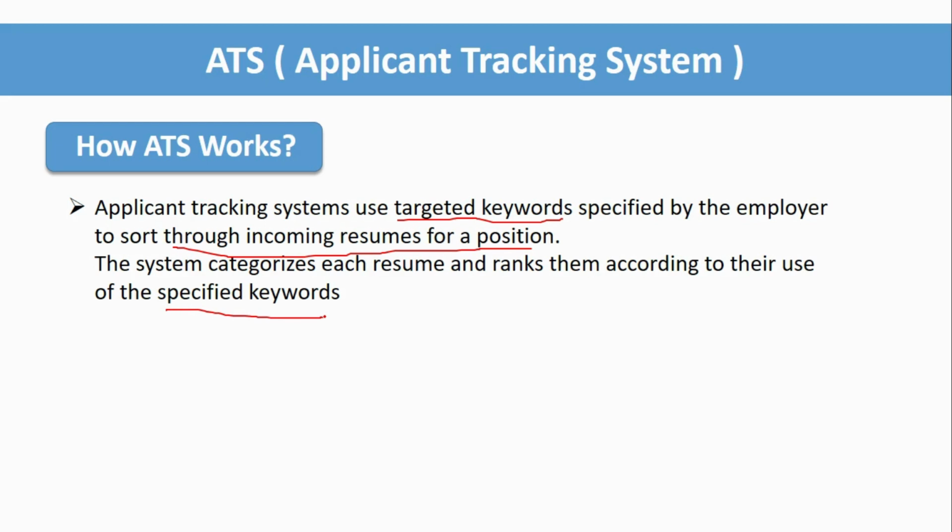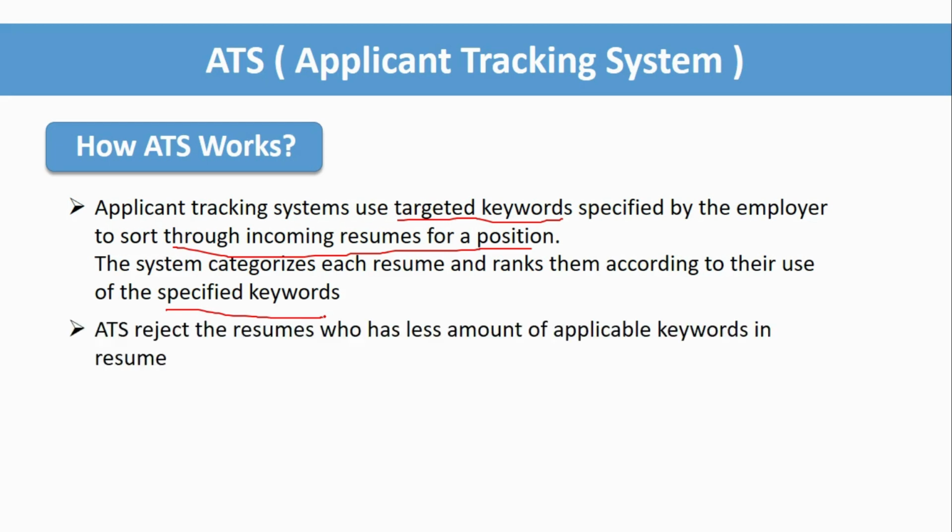When we design our resume, we should focus on the right keywords. ATS rejects resumes that have fewer applicable keywords. For example, if the JD is for a DevOps engineer and you send a resume for Windows administrator or Linux administrator, using the wrong keywords, obviously your profile will not get